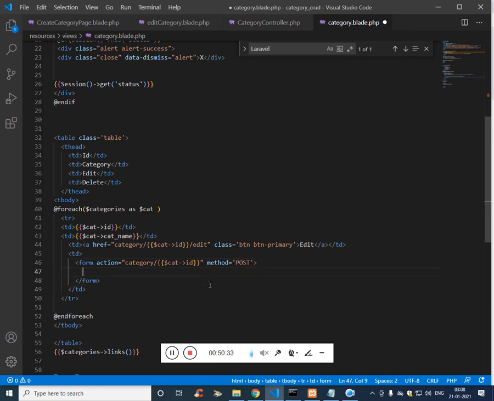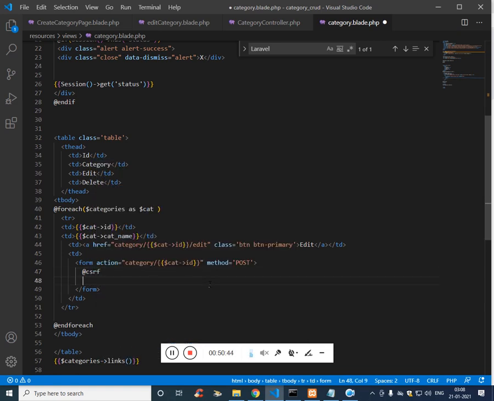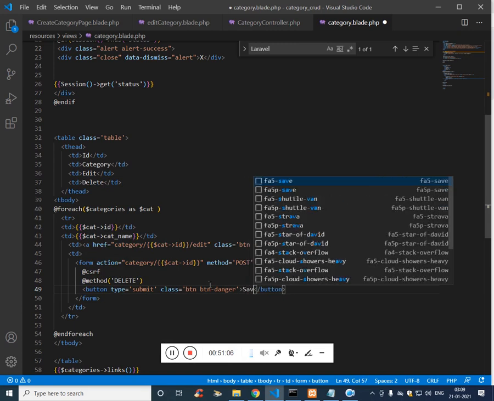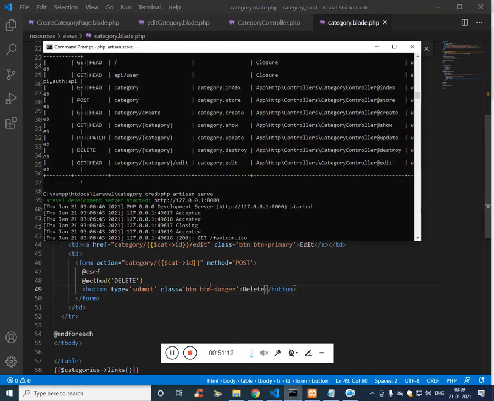As I've already said, if we use a form we have to use @csrf, and we have to use @method delete, and then finally the button, type submit, class btn danger, delete. And it's just HTML.